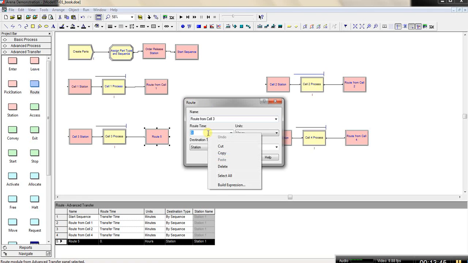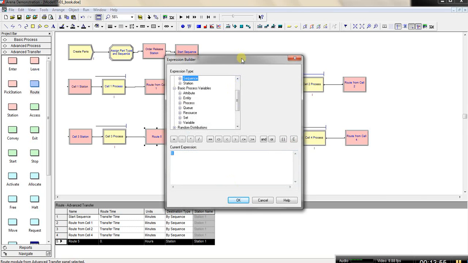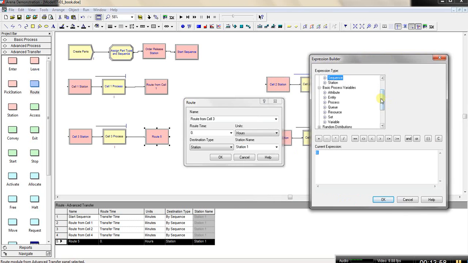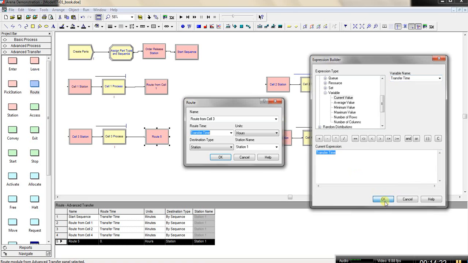The route time is going to be changed by right-clicking on selecting the zero here, so it's default, and then right-clicking and then click on build expression, and that leads us to the expression builder dialog. And what I want is transfer time. So the transfer time was a variable, so again it's under basic process variables, and then variable current value, and under variable name I'm gonna scroll down to transfer time, and that builds my expression transfer time,